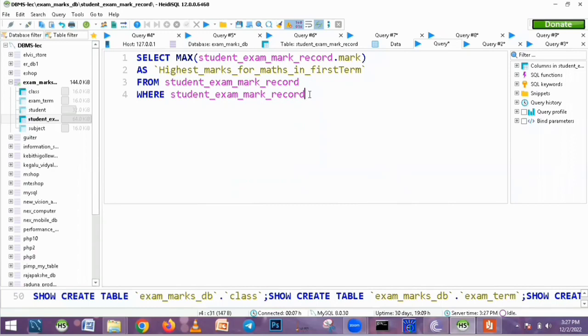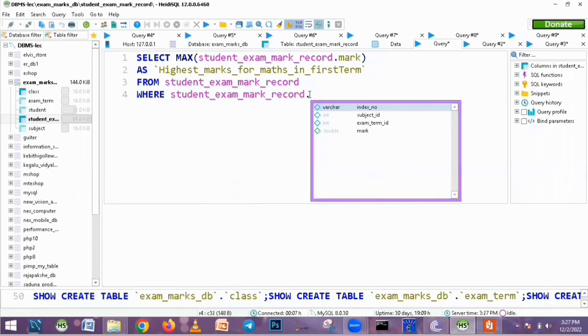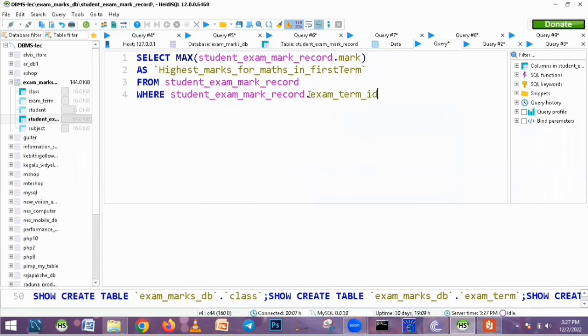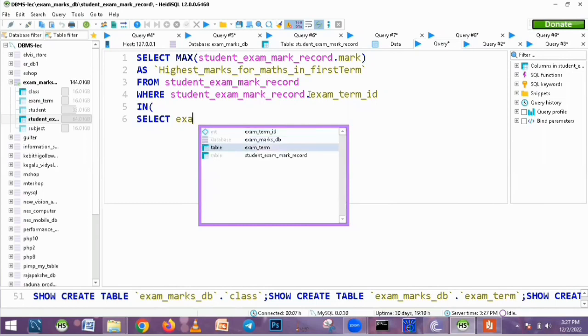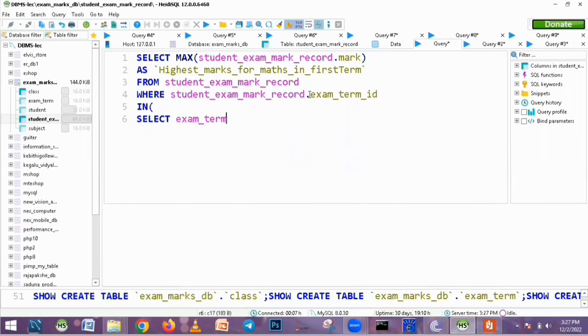Okay. Exam record. Where. So here I give the dot and I want now exam term, because I need to find the exam term. I need to get the first term marks. So connect the term table using the primary key of that and use IN, because we are using subqueries. So select, I need to get the exam term, and need to get the primary key, term ID,